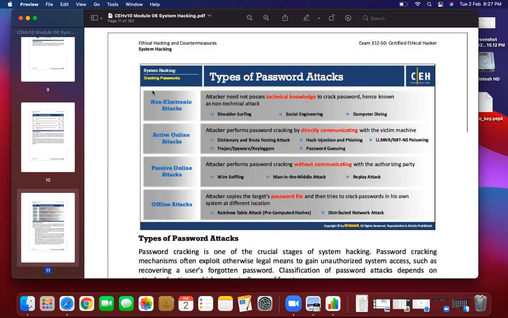The password is stored in a hashed manner in the Windows C drive, system32 folder, in a file named SAM. A rainbow table attack is a method in which we use pre-computed hashes. This is a technique using which we try to decrypt the hash and find out the plain password. John the Ripper and different tools in Kali Linux we will be using for cracking the password in the practicals.